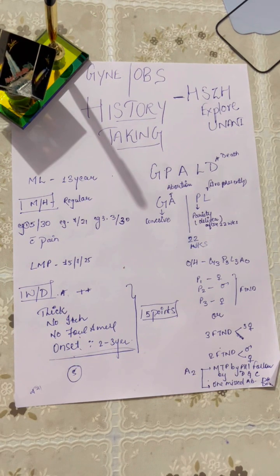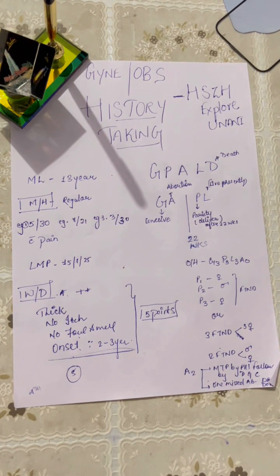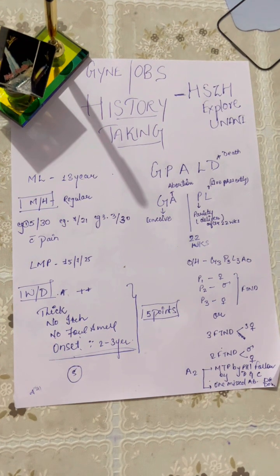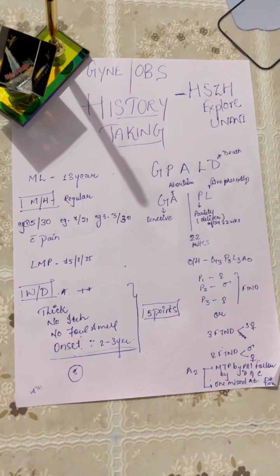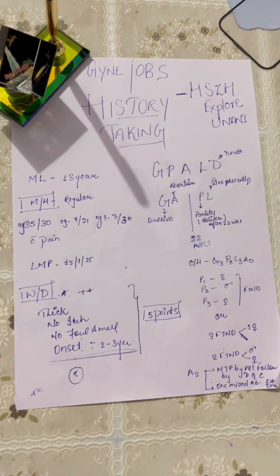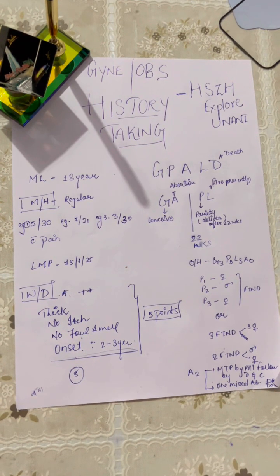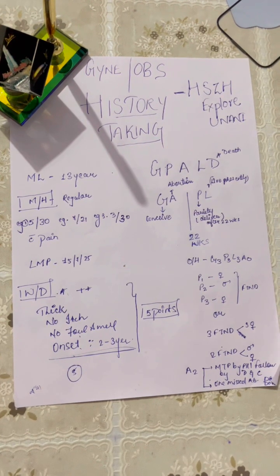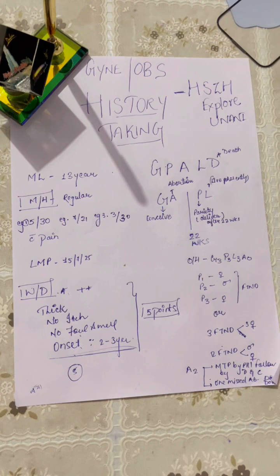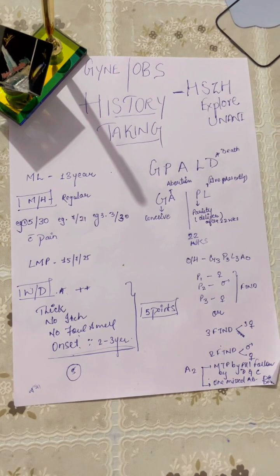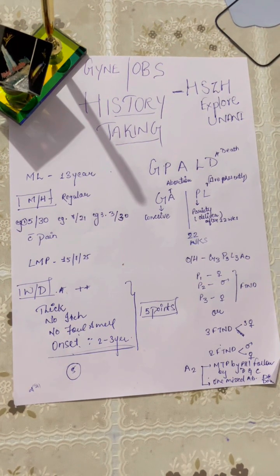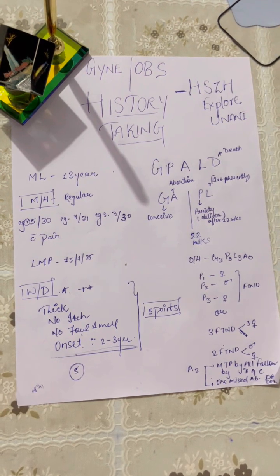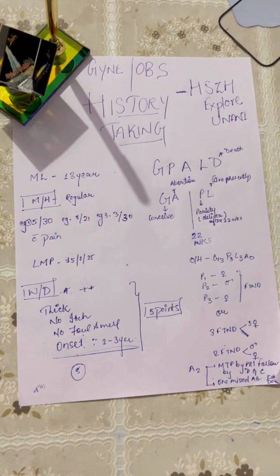If we divide GA and PL in different columns, in between there are 22 weeks. So GA, before 20 weeks, all are counted, and after 22 weeks, PL, that is parity and live birth, is counted. So G is how many times she conceived, and A is the number of abortions or miscarriages, whether spontaneous or induced, whatever type, it is counted in abortion. And P for parity is how many times she delivered after 22 weeks.